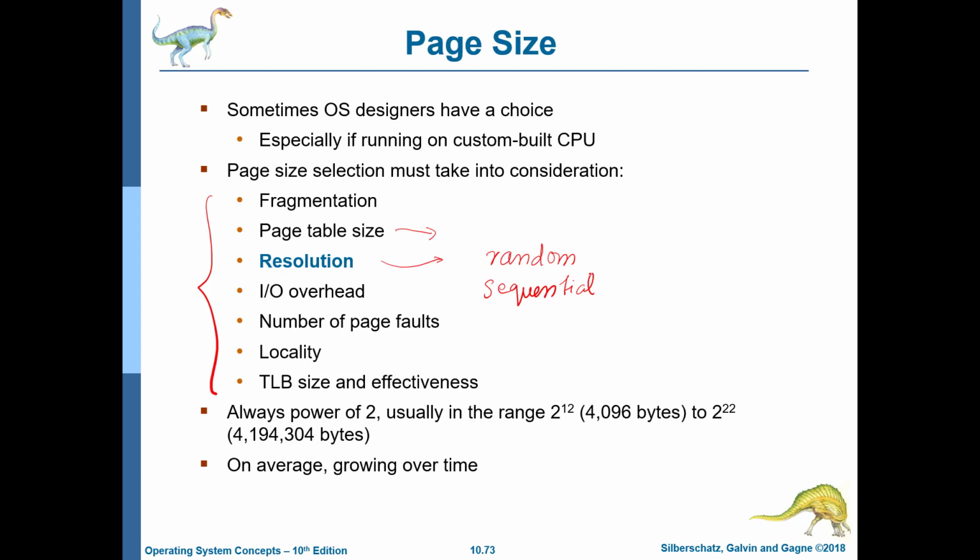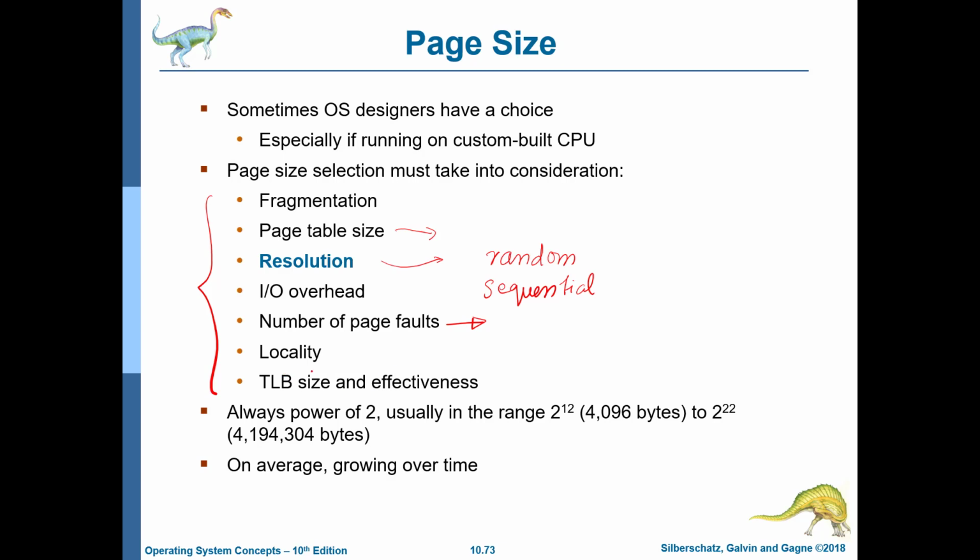If you have too many page faults, there will be a lot of IO requests, and these IO requests add to the IO overhead in a certain sense. If we are accessing a large contiguous region, then having a huge page is a good idea. That will reduce the number of page faults. On the other hand, if we have a pretty random access but a large page size, that will not help, it will only increase the amount of IO overhead.